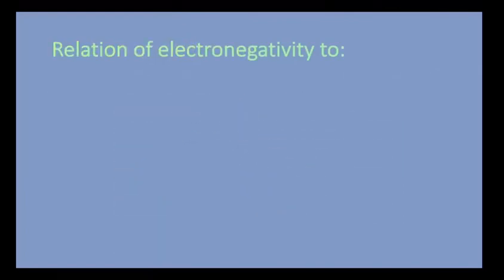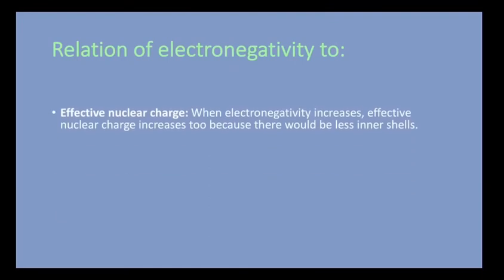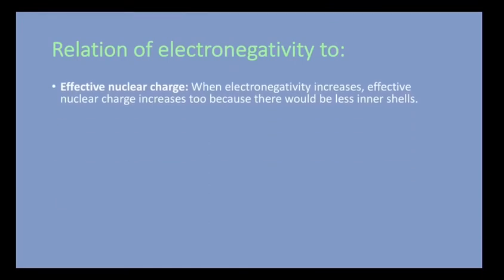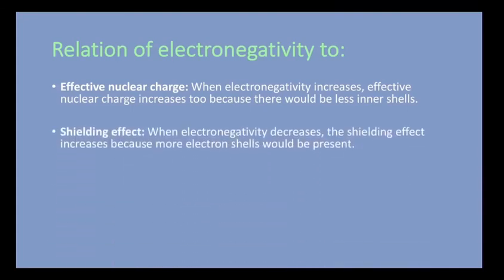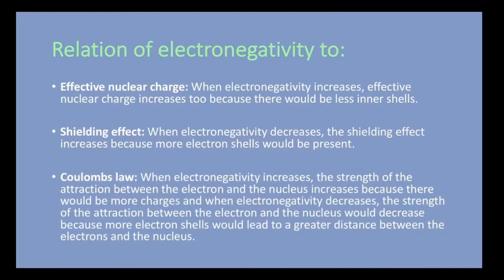Now, what is the relation between electronegativity and effective nuclear charge? When electronegativity increases, effective nuclear charge increases too, because there will be fewer inner shells. Now, when the electronegativity decreases, the shielding effect increases because more electron shells would be present. And its relation to Coulomb's law is that when electronegativity increases, the strength of the attraction between